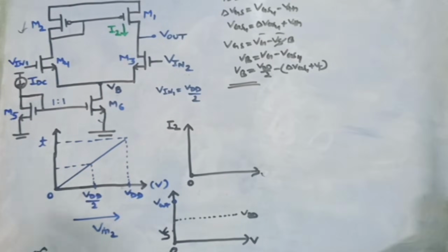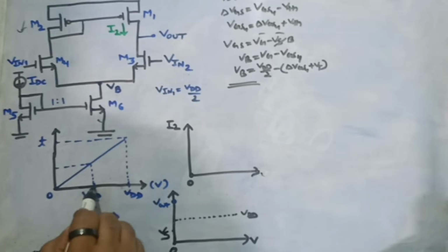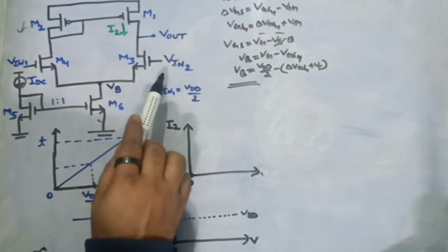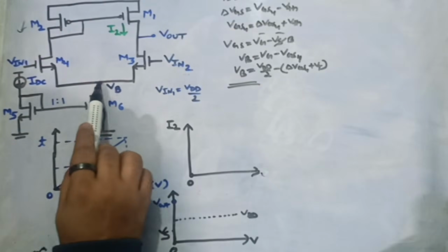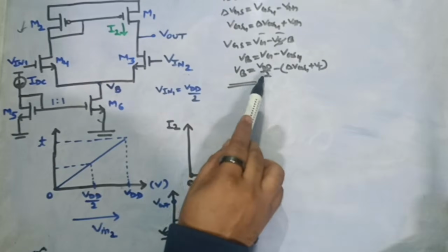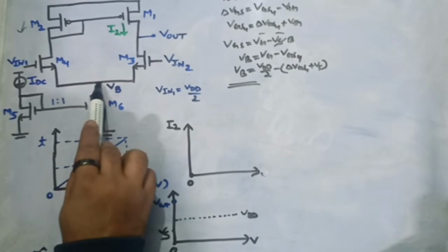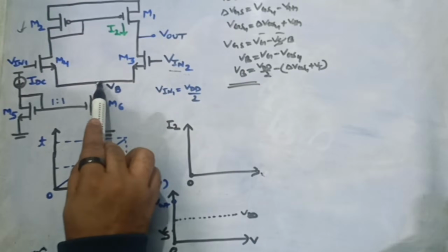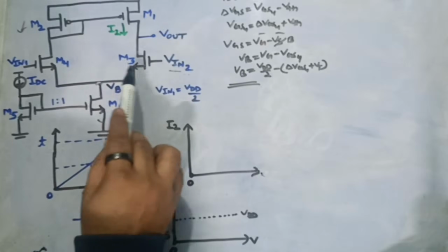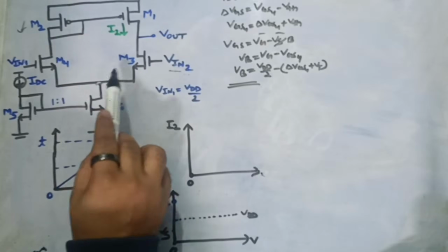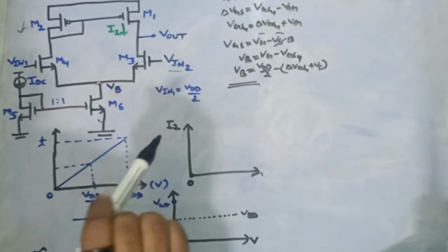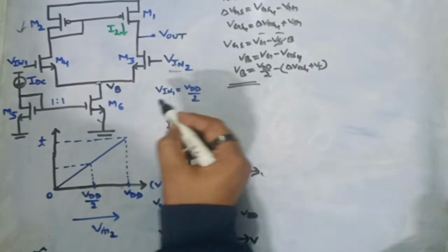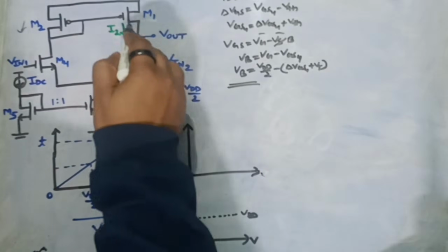Now let's analyze the other case when the input is sitting at VDD by 2. But before that, if you observe the condition where we analyzed the Vin equal to 0 case, you see the VB value is somewhat VDD by 2 minus the delta VGS plus VT factor. That means unless Vin2 reaches VB plus VT, this MOS M3 will never get turned on, and there won't be any change in I2 and Vout either. So once Vin2 starts reaching VB plus VT, some current will start flowing